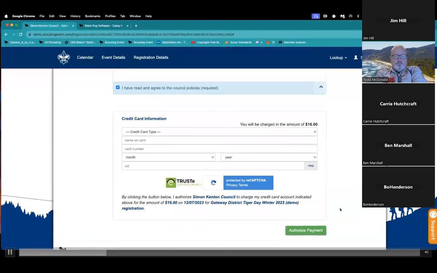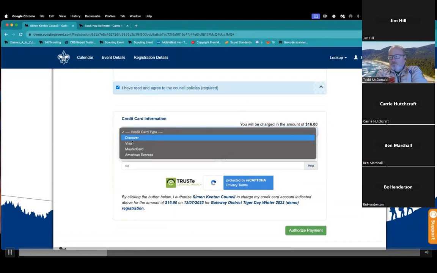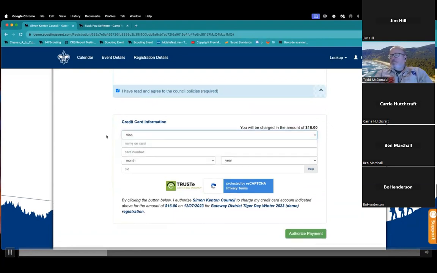And then this event is only accepting credit card as a payment option, so I'm going to put in my credit card information. I have a little key trick that I can use in our test system to put my card number in really quickly. So they would enter their credit card information. The last step of this is to authorize the payment. That's going to complete the checkout process and hold your spot on the event.